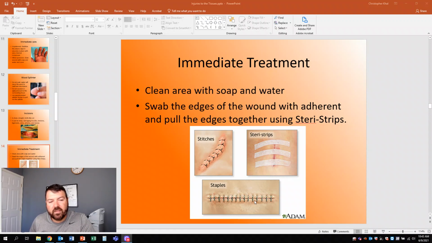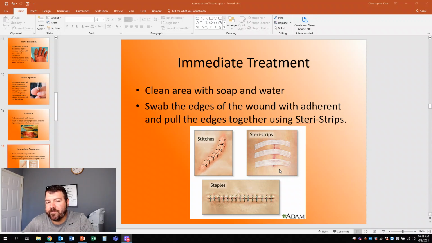Okay. Another thing that you can use is Steri-Strips. This is a more over-the-counter thing. It takes some practice to do them, but they do work pretty well. They're not really invasive. They can be used temporarily till that person gets to wherever to get stitches, or they can be used in place of stitches. I use them pretty commonly to keep wounds together when I send someone over to urgent care or the ER, especially if it's not a really urgent thing.